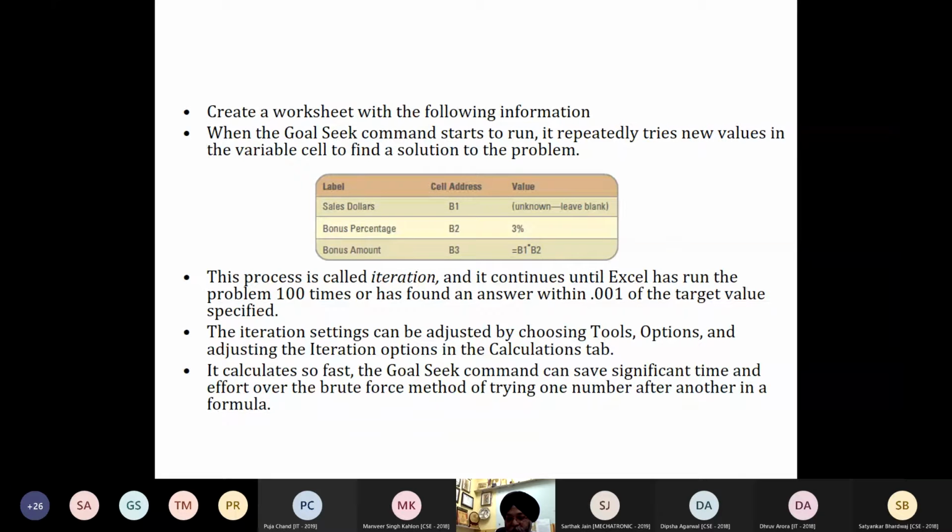Confirm with me when you are done with this. Yes, raise your hands when you are done with it.